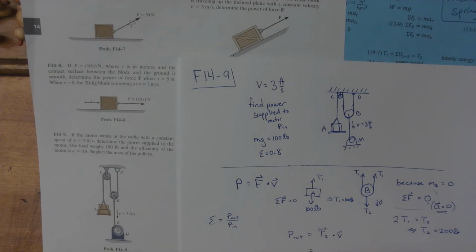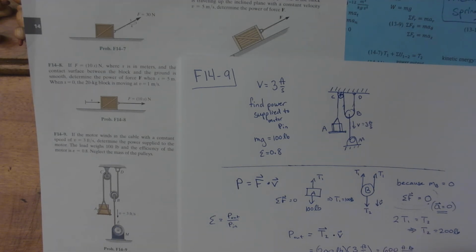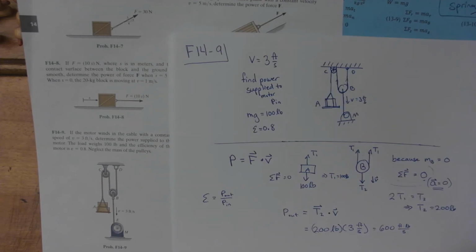So I have T2, which is 200 pounds, times my velocity of 3 feet per second, and that gives me 600 foot-pounds per second, but I don't get to leave the answer as 600 foot-pounds per second. I have to convert it to horsepower. So you should either have it written on your equation sheet, or perhaps have memorized, or you get to look it up in the textbook,